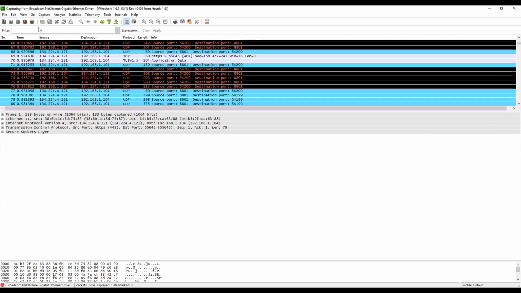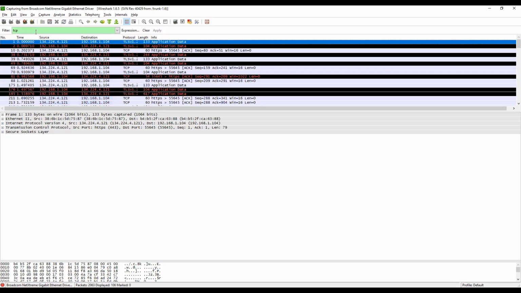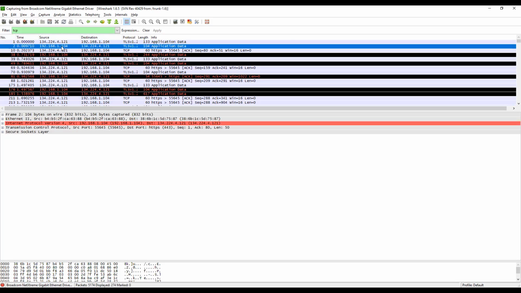When you click Start, you can see many packets moving through that specific interface. For example, you can filter on the filter tab. Like for example, I'm going to give TCP, then enter, and you can filter only TCP-based traffic. Then you can see on the top there is a source and the destination. Let's say my computer IP is 192.168.1.104. So you can filter any packet. For example, I'm selecting from source, my computer 1.104. Then you just double click it.